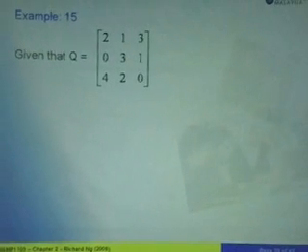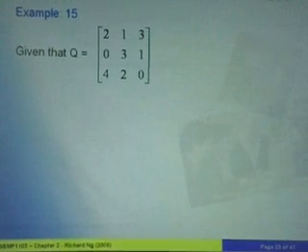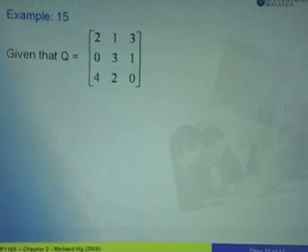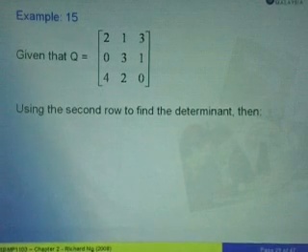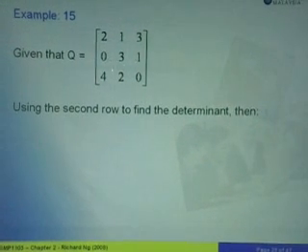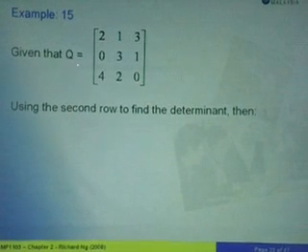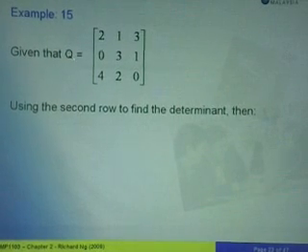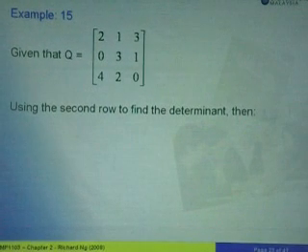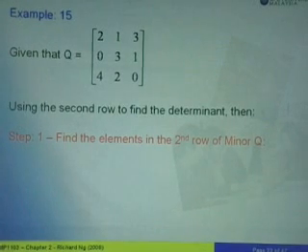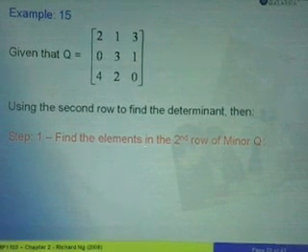Okay? Now let me show you how to find the determinant using the cofactor method for a 3 by 3 matrix. So let's say Q is equal to 2, 1, 3, 0, 3, 1, 4, 2, 0. We are asked to find the determinant of Q. So using the second row to find the determinant of Q, hence step number 1, we find the elements in